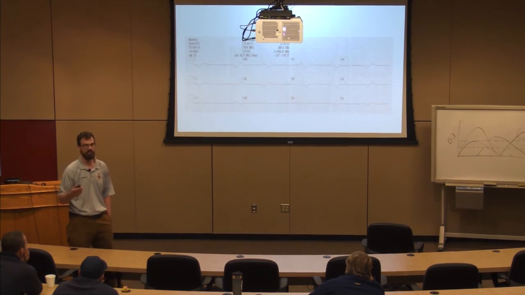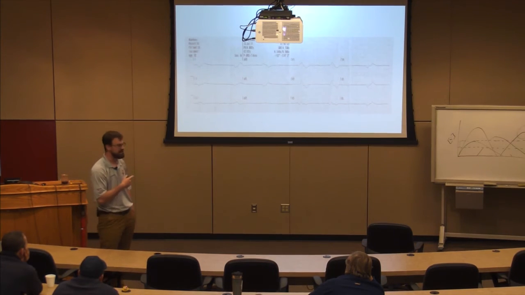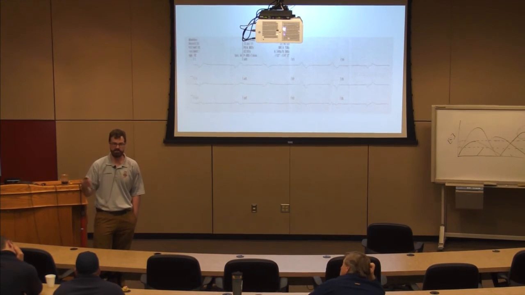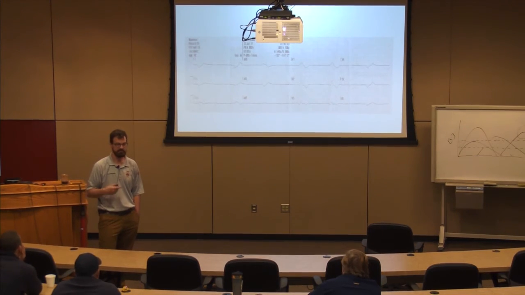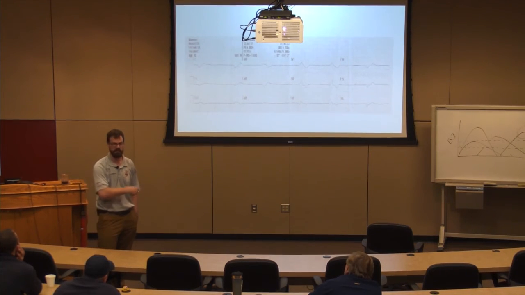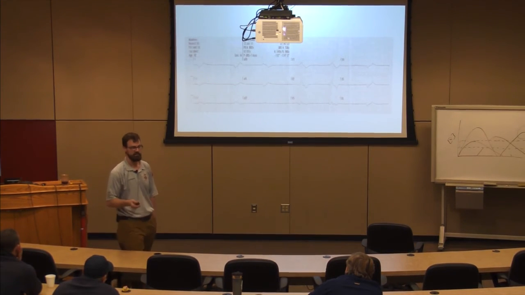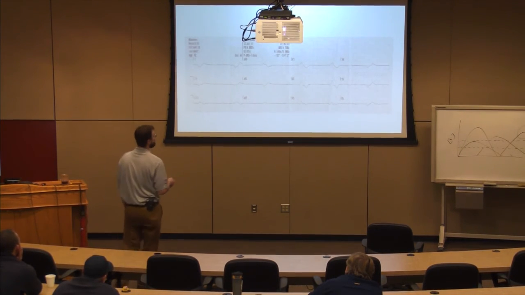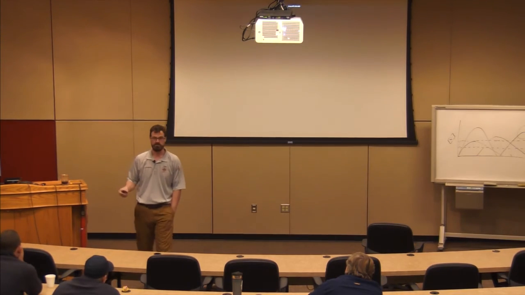So I think the important thing to be aware of is anytime I get a weird rhythm, I should consider digitoxicity, okay? Digitoxicity should be on the differential diagnosis of any arrhythmia, because we'll give them digibind and it could be potentially life-saving. All right, that's it. Any questions? So those are the big ones.